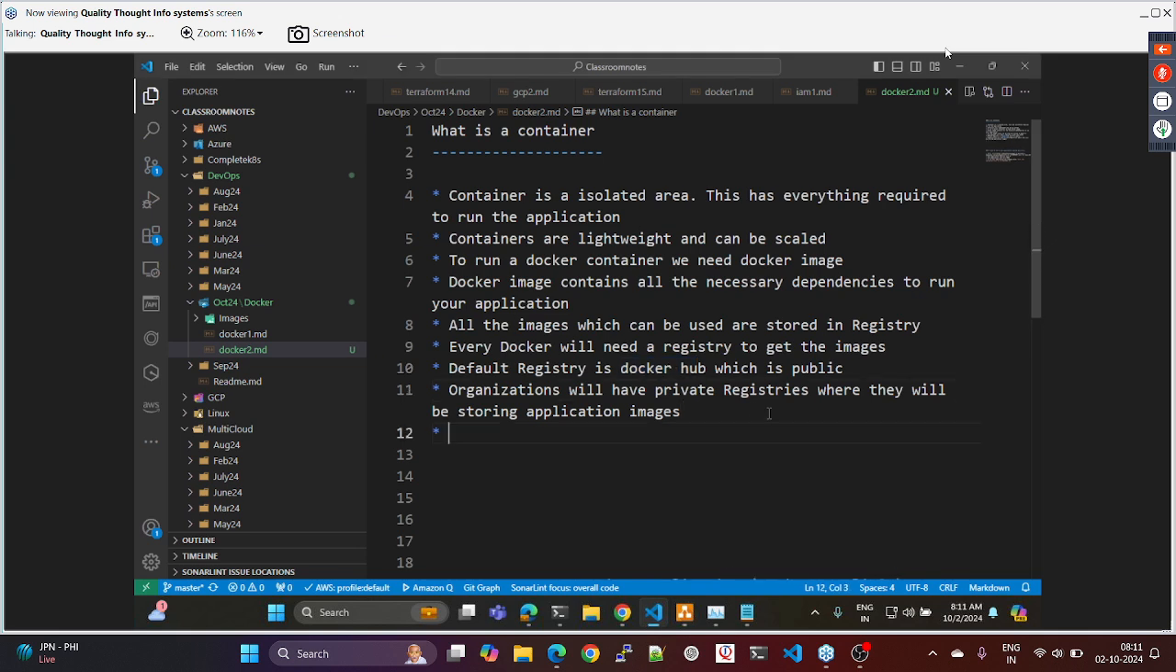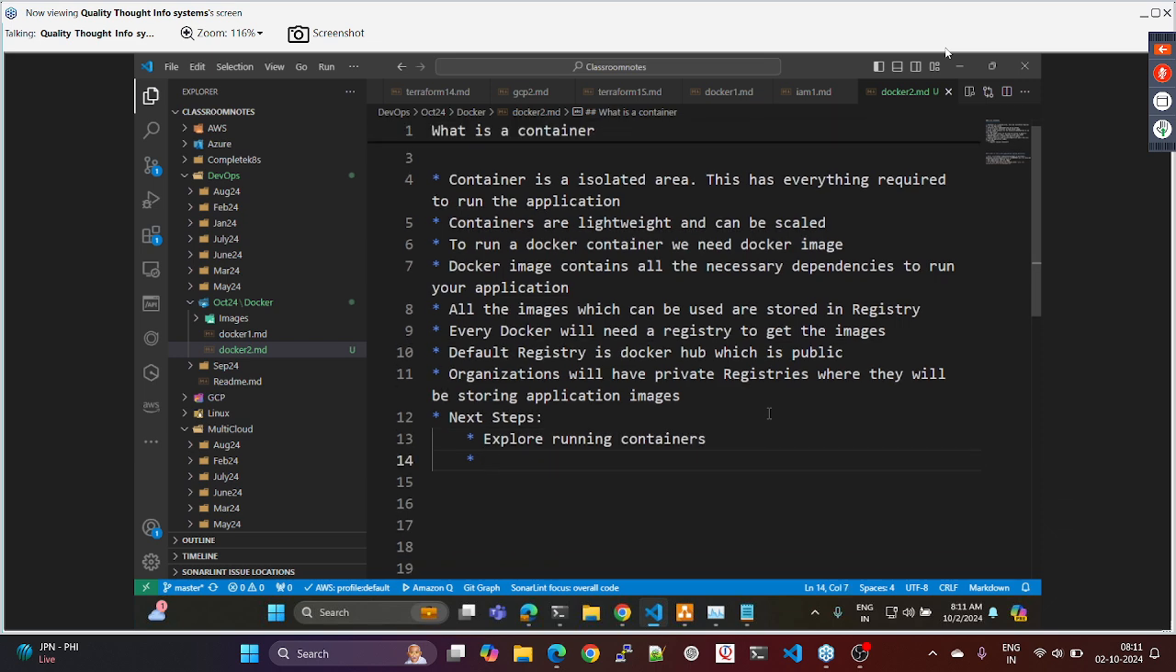The first step which we need to understand over here is, okay, let us try to figure out the next steps. Explore running containers, how to run containers. Okay, and then this is fine, that is just to get an experience, but the point is